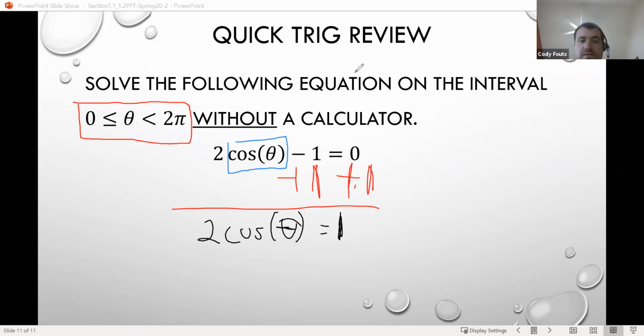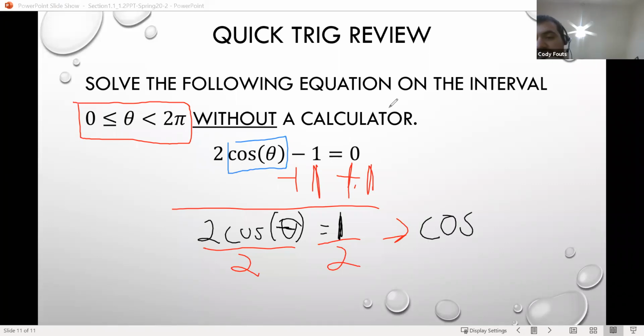And then we can divide by 2 on both sides. So we'll end up with cosine of theta equals 1/2. And so to find the values for theta here, we need to think back to our unit circle,